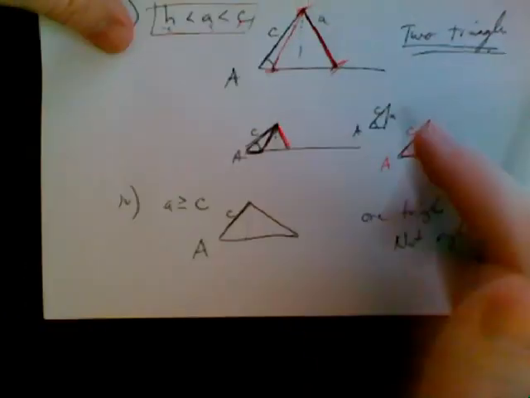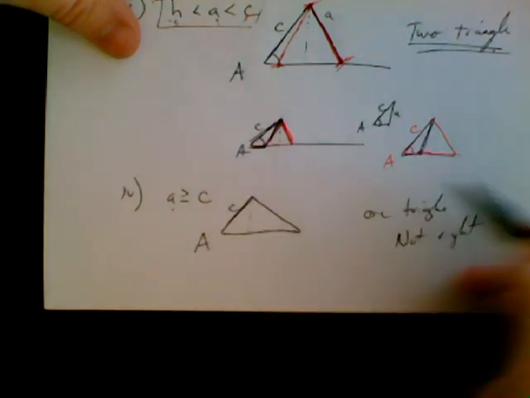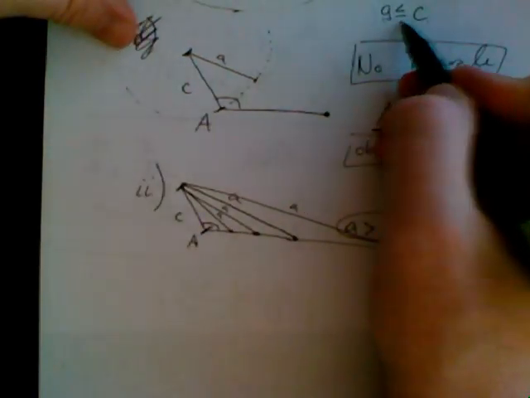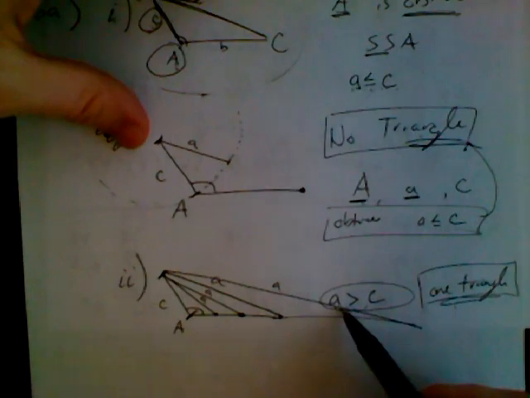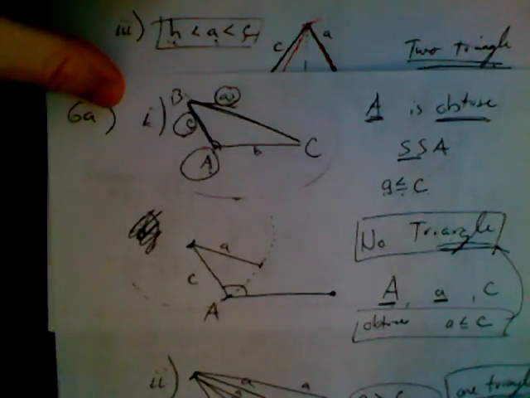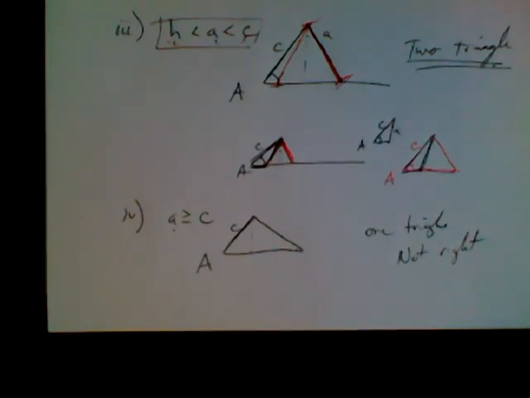If my opposite side is greater than or equal to my other side, I will have one non-right triangle. If the angle is obtuse, I have no triangle when A is less than C, and I have one triangle when A is greater than C. So you'll notice in both situations, A is greater than C, I still have one triangle. We will actually look at the examples for this in the next